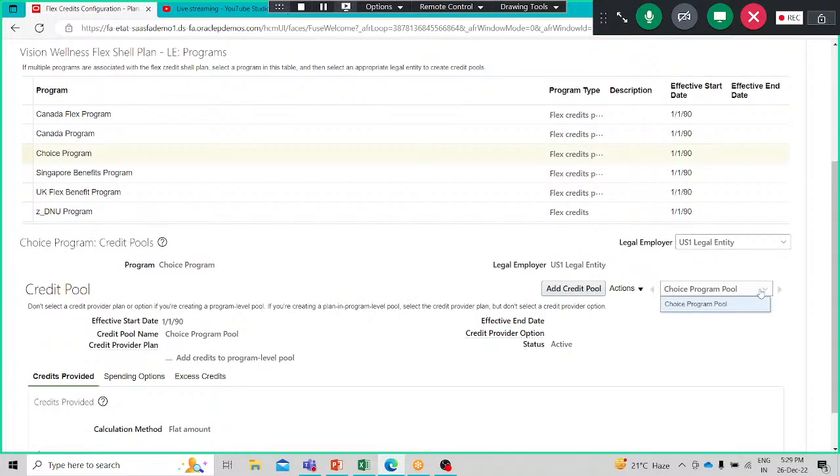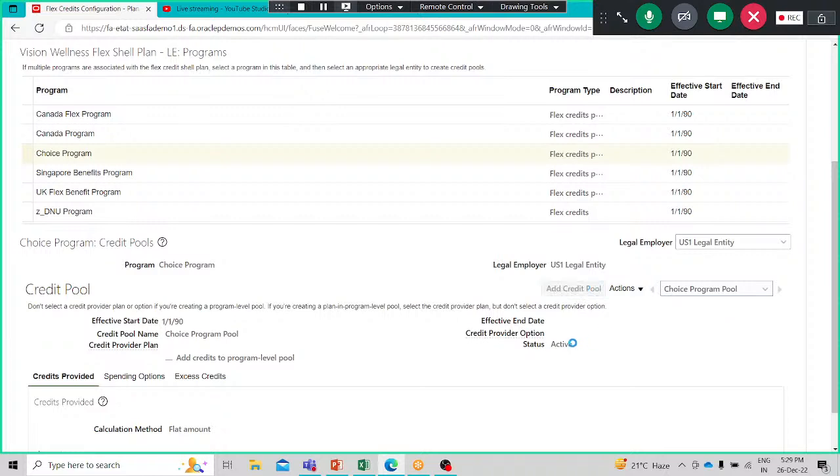So we can see that right now we have one credit pool defined here, and that's at the program level, right? You can see here. So you can certainly add pools here by clicking on add credit pools and